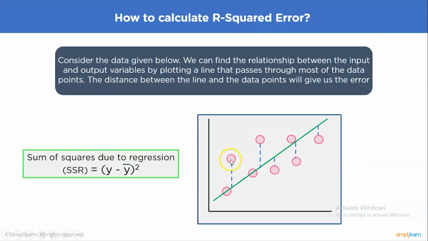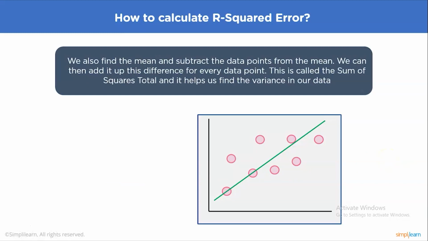The distance between our data points and our line can be calculated by subtracting our data point from the point at which it coincides on our regression line. We square this just to get rid of any negative coefficients that may occur due to finding the difference between the 2 points. Now to find the variance in our data, we're going to find the mean and subtract the data points from the mean. This will basically tell us how spread out our data point is from the average value. We can then square these differences and add up the result to get our total variance.